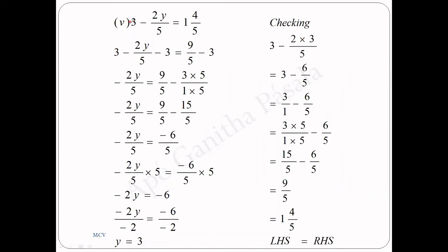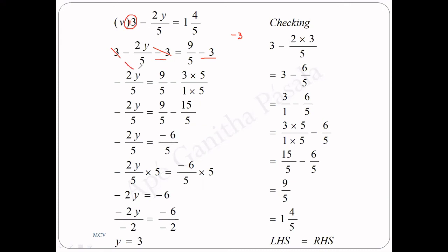You have to consider the sign in the left hand side. This is plus 3. How to remove plus 3? Put minus 3 to both sides. So I will put minus 3 to left hand side and also minus 3 to right hand side. Now here already 3 is there. So 3 cancels out with minus 3. This minus sign belongs to this one.